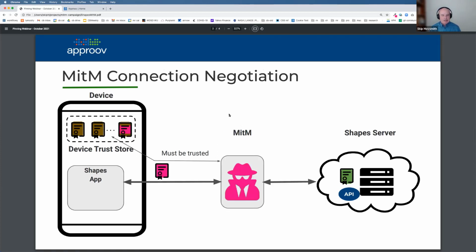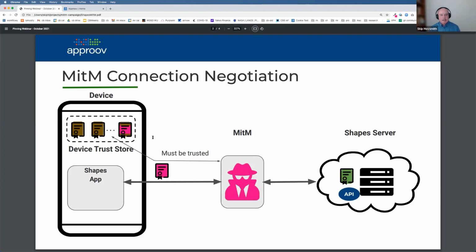When a man-in-the-middle attack takes place, the man-in-the-middle is going to try and get in between the two connections. Normally a connection would be encrypted, so there's not much to see here unless you can establish some kind of trust within the device. So one of the first things the man-in-the-middle attack will do when it's getting set up is try and poison the device trust store, as Richard mentioned. It will stick in a certificate, and we've already done that for the emulator.